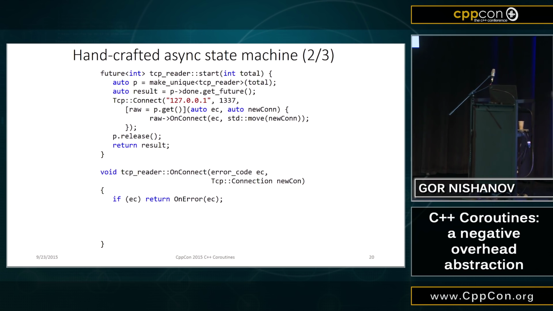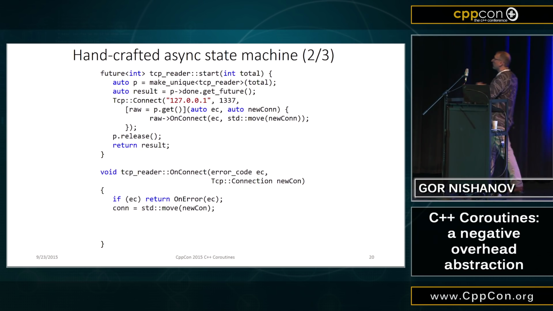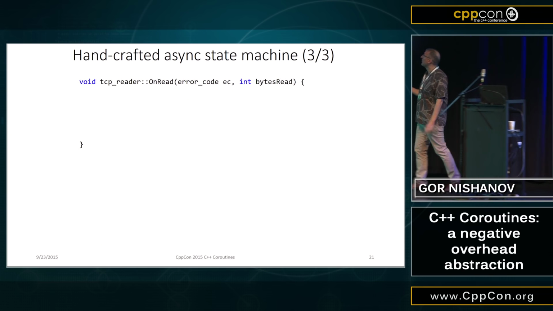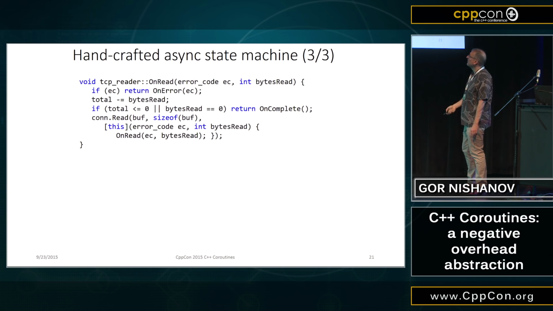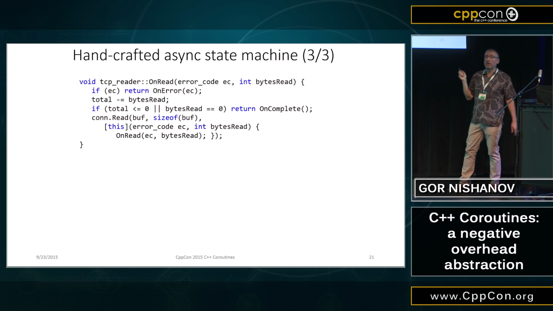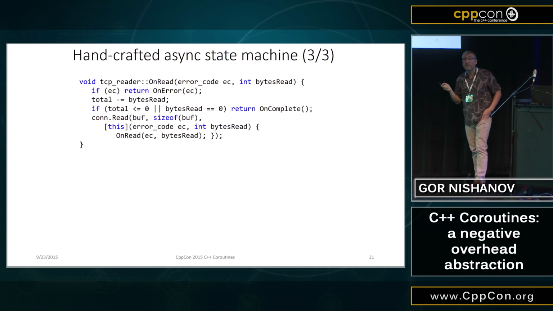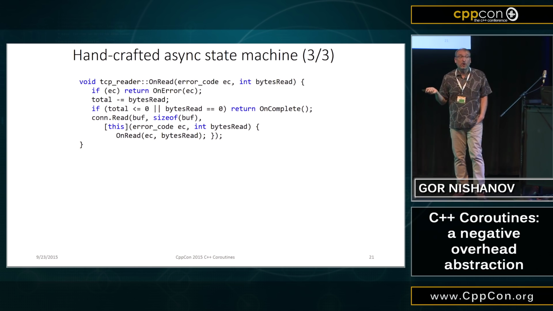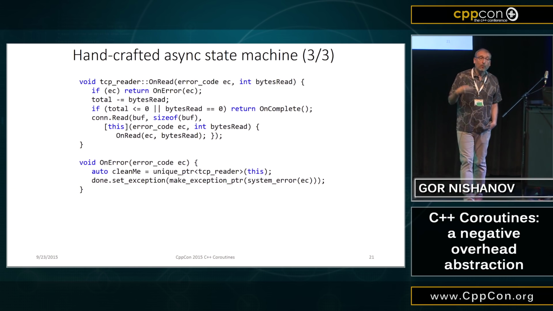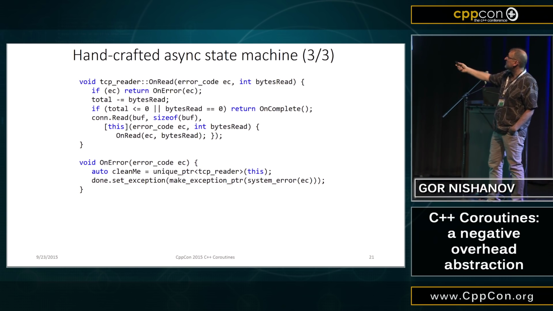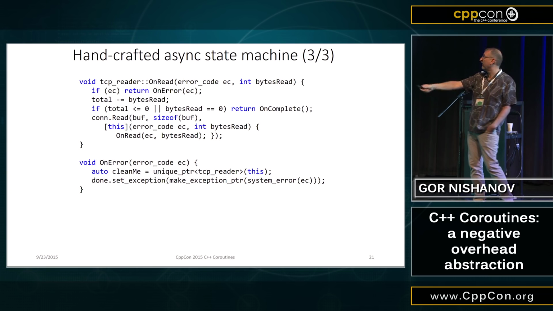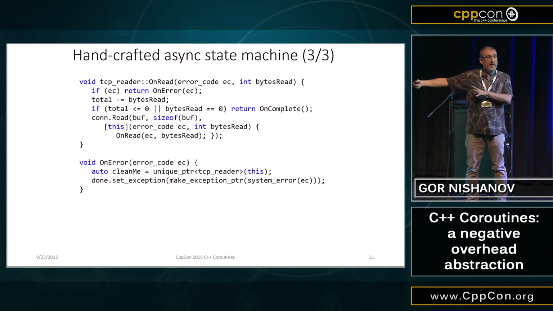We're checking an error code, we transition to the error state, and we grab the connection. So, that's all very similar. And I think if what you have are plain functions, this is probably a better way of writing asynchronous code. And in fact, if you look at Boost ASIO, that's essentially the model it most efficiently encourages. So all of the functions there, asynchronous ones, they have the signature. You have a bunch of parameters to pass, and eventually it takes a function object at the end, which is